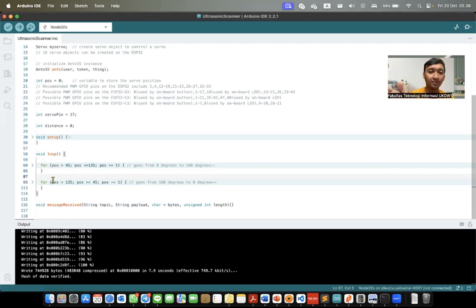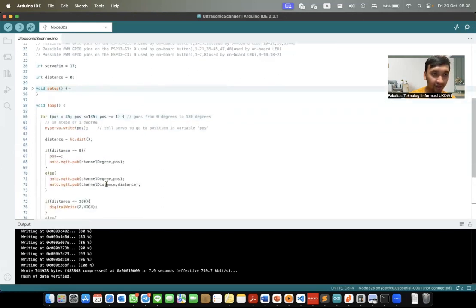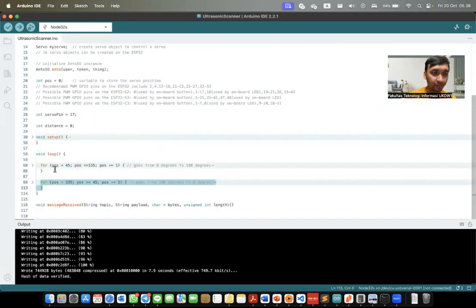For the sweeping, the motor servo starts from 45 degrees and moves to 135 degrees. After that, the servo goes back again to 45 degrees. So this is the block for the code.